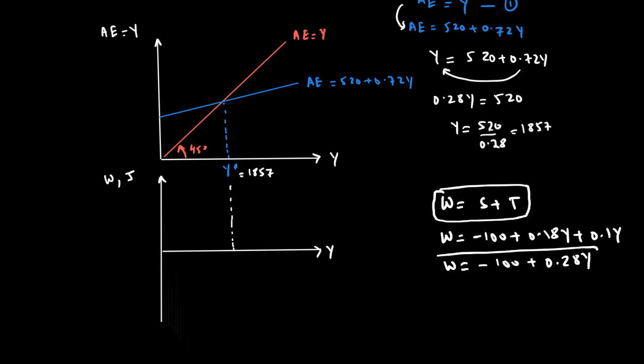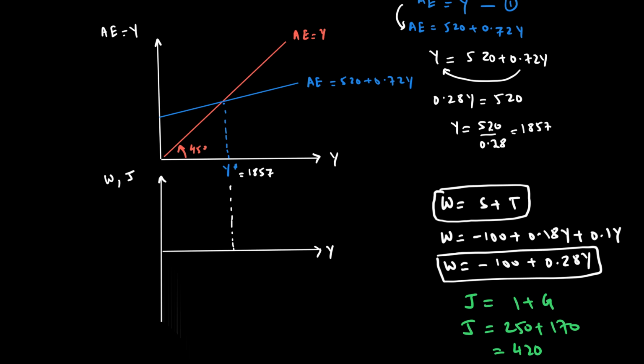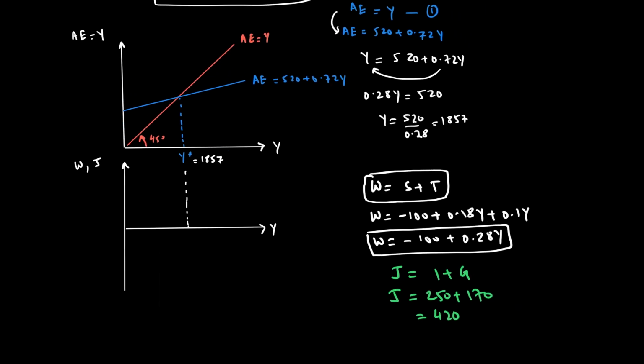Similarly, my injection equation, so I'm going to put this here, injection equation will become J is equal to I plus G. So J will become investment of 250 plus G is 170. So this becomes 250 plus 170 becomes your 420. So if I now solve this part of the equation, where first I'm going to draw my